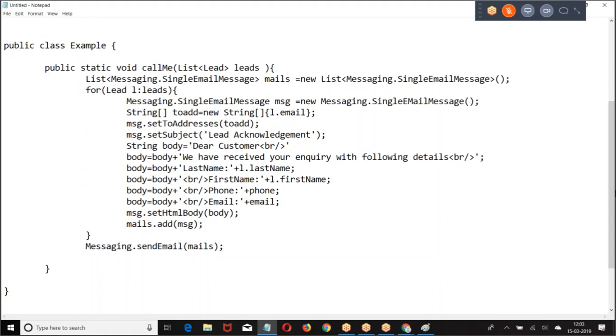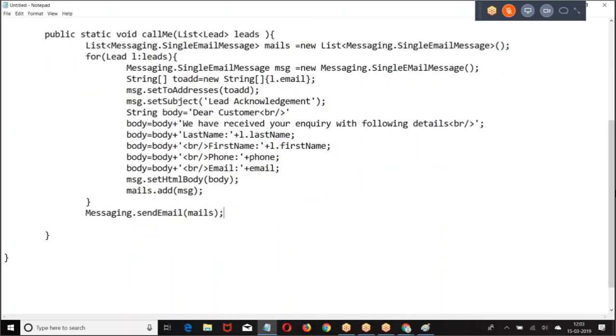This is the class. This class we are going to invoke where? Within the insert trigger. This is an email program. When I got a list of leads, I took the list of leads and sent an email. We are going to call it within the trigger. I hope you are good with this. Right. Let us take the next one. People are good with this example.